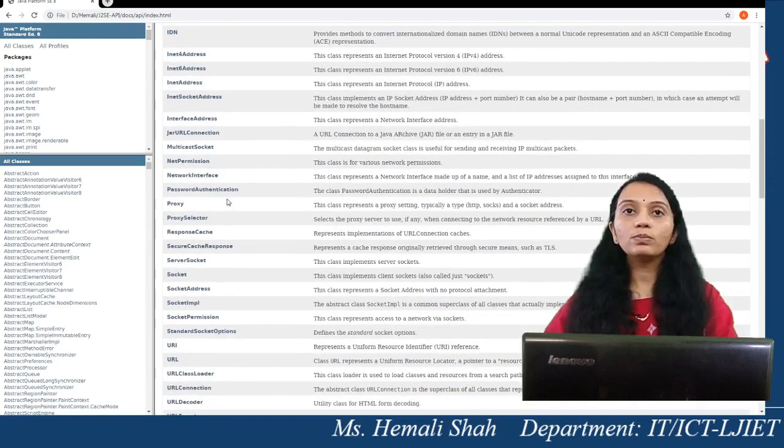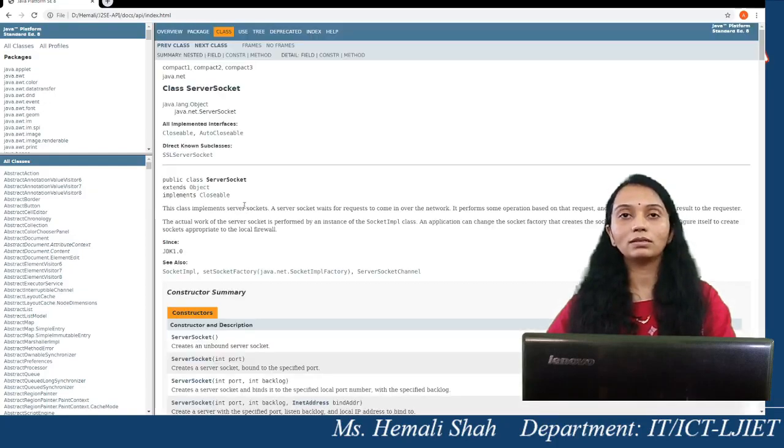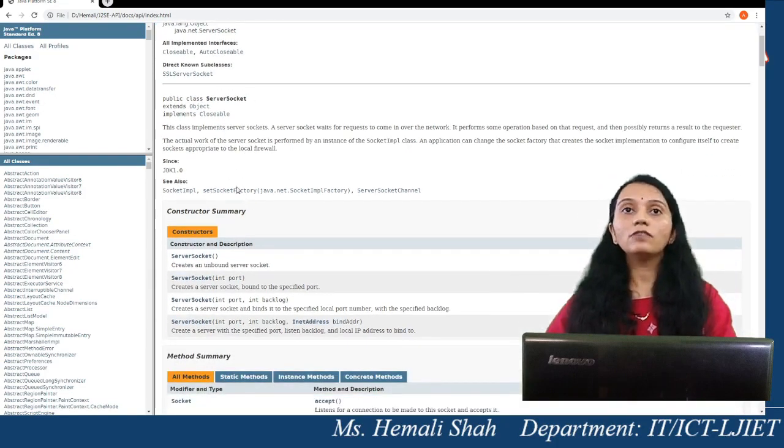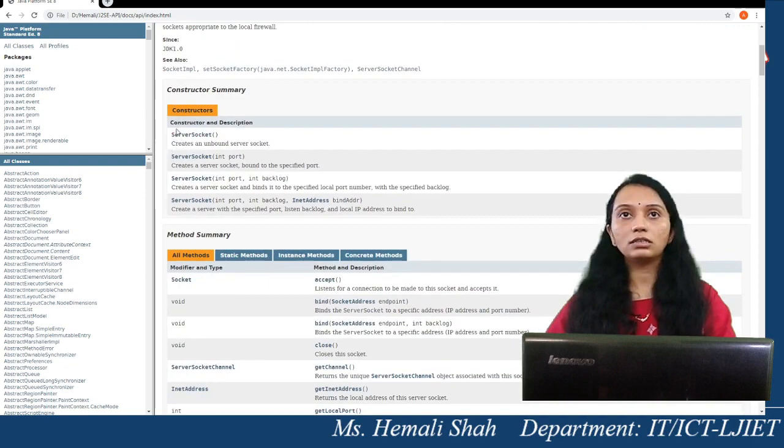From those, to create TCP socket programming, these two are the classes that provide the TCP socket programming methods. Now, first of all, we will focus on the constructors.